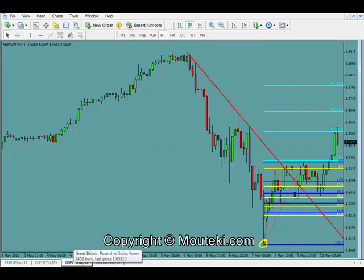Okay, on the pound Swiss franc, we're seeing a similar setup to what we're talking about on both the euro yen and Swiss franc yen. Initial movement, pullback, 61.8 retracement once again here to the 50% in blue. And currently we saw, pre-New York, the market rush up to that 100%. Now what we're seeing is a pullback